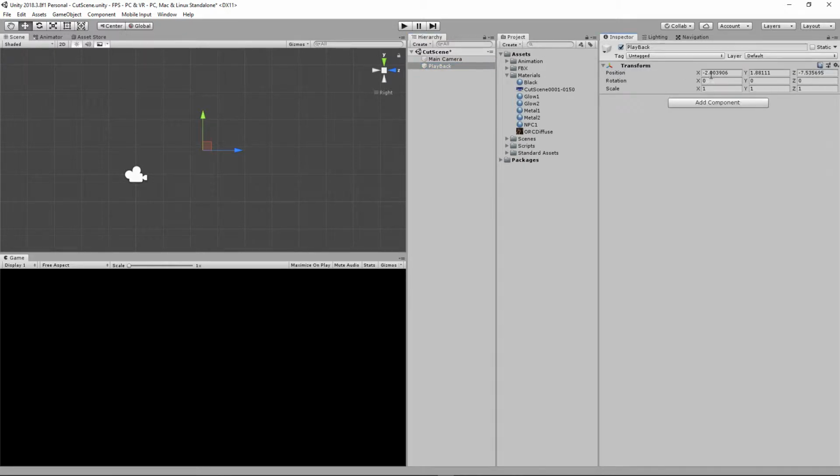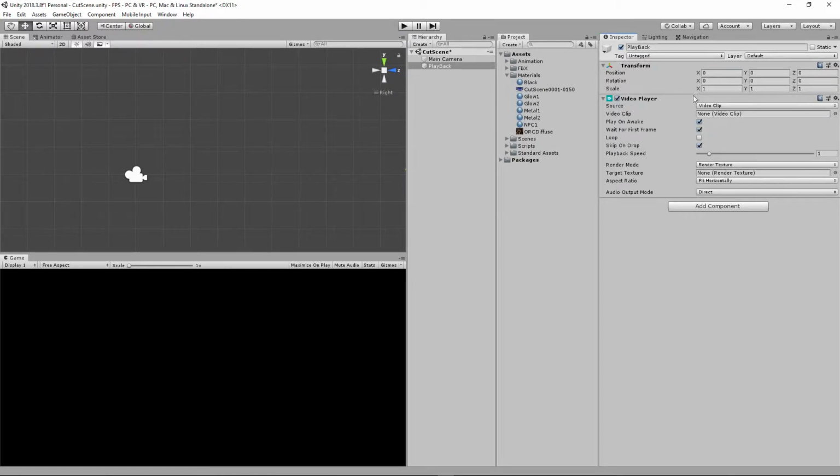I'll make sure it's at 0,0,0. It doesn't have to be, but it'll make it easier to find if I need to. And then on this empty, I'm going to add a video component, a video player. It's looking for the video to play back, so we can drag and drop that in here. And if I press play now,